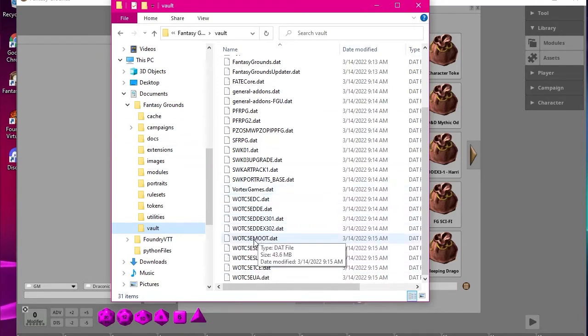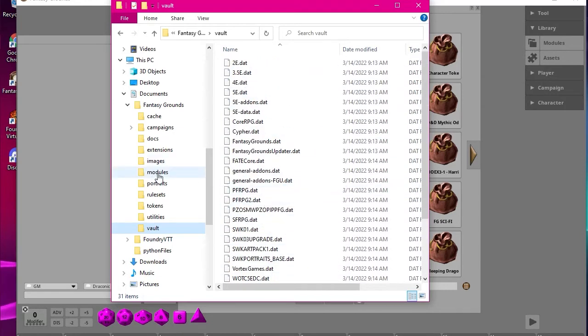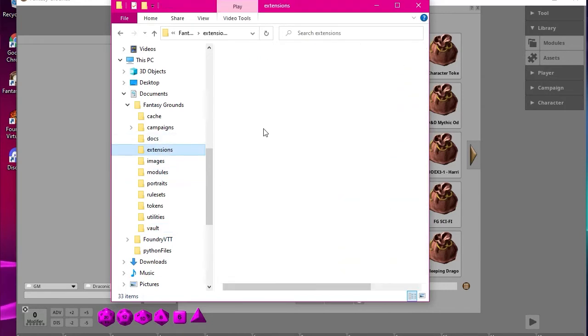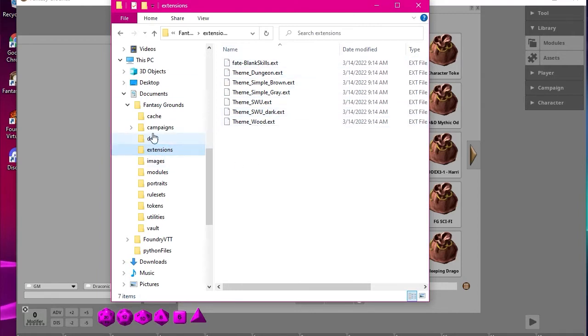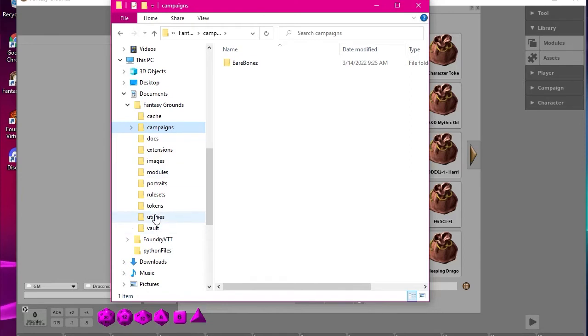I think some of these I actually got from Steam and stuff like that. The automatic ones will always be there. You cannot really get into these and look at them, unlike modules and extensions. You can kind of do things with those. But the one we're going to talk about right now is the campaigns, because as we have tokens, portraits, and